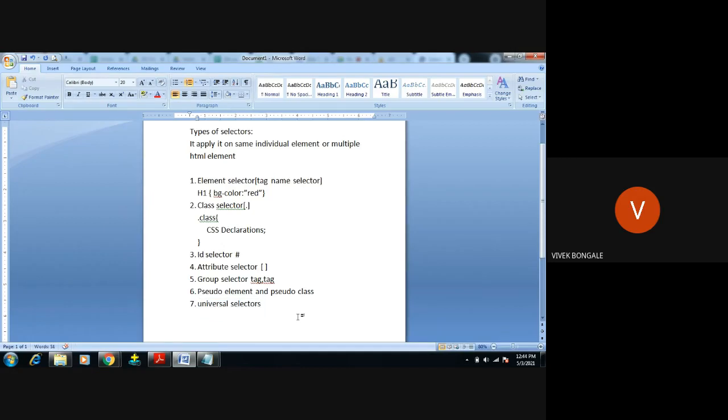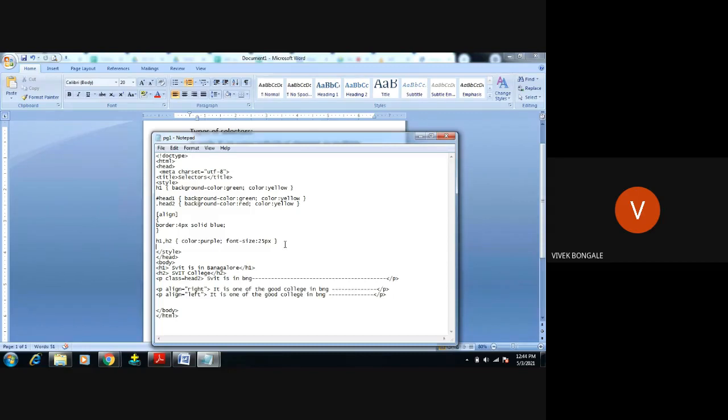What this universal selector means. Okay, the same program will open. Universal selector. Universal means what? I want to apply the same style rule for all the tags, all the HTML tags in the body. How to achieve this? Okay, universal selector.